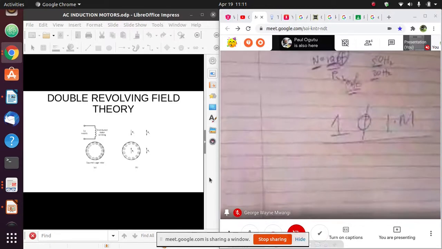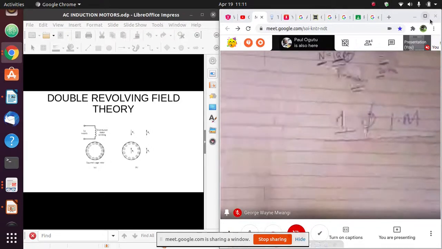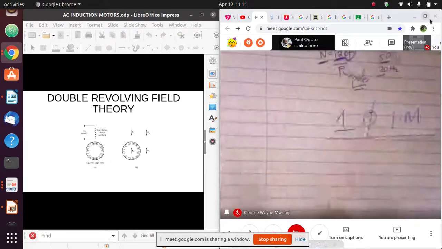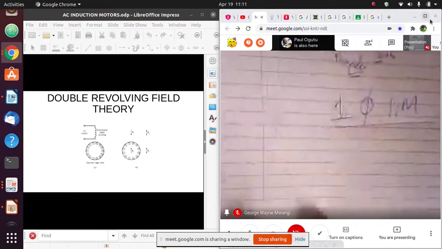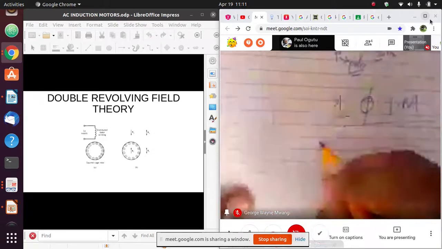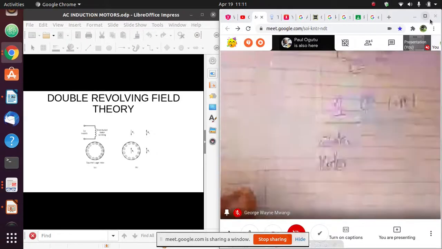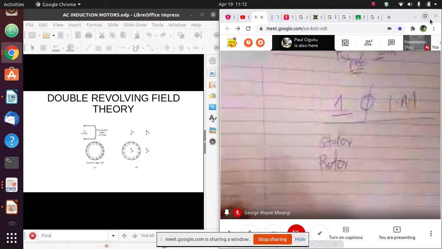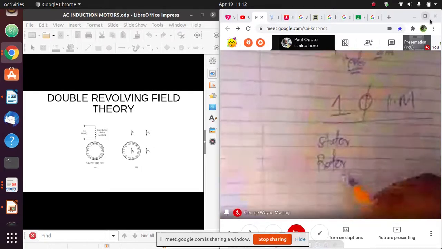Now, single phase induction motors, we have been told that their construction is similar to 3-phase induction motors, but because we haven't looked at 3-phase induction motors, we will just talk about the general construction of a single phase and a 3-phase. Now, these motors consist of a stator and a rotor. And we have been told that the rotor is made up of laminated